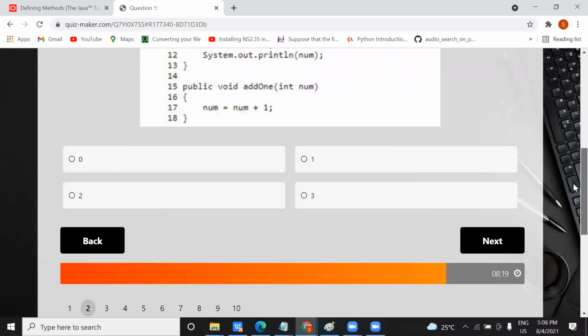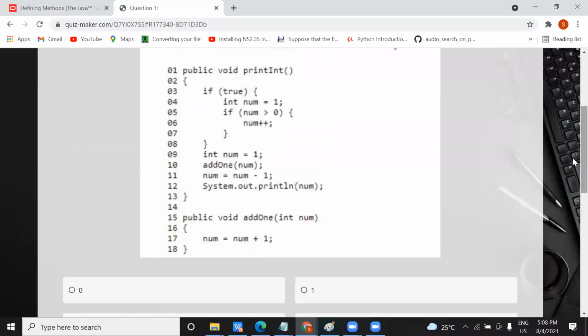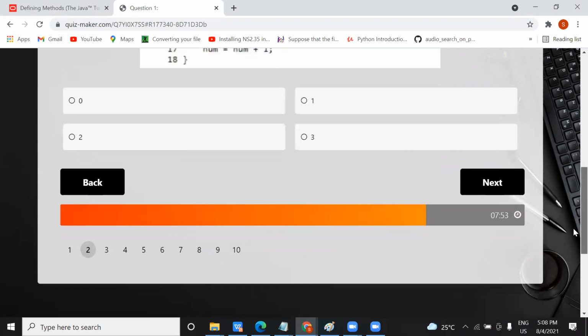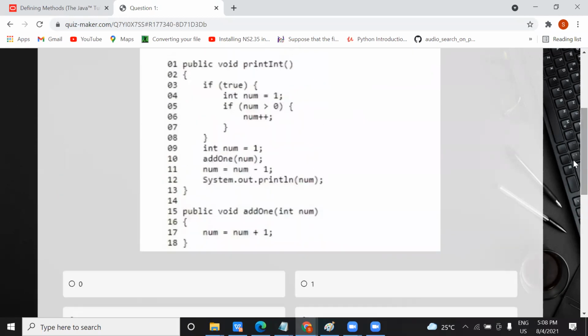Now here it is asking another question. Here also it is completely based on the flow, like there is one function. Some of you might not be aware of Java. Don't worry, I will explain. Just see how you can proceed. Select the answer based on your understanding. Even if you are not aware, no worry, we are going to practice with you.